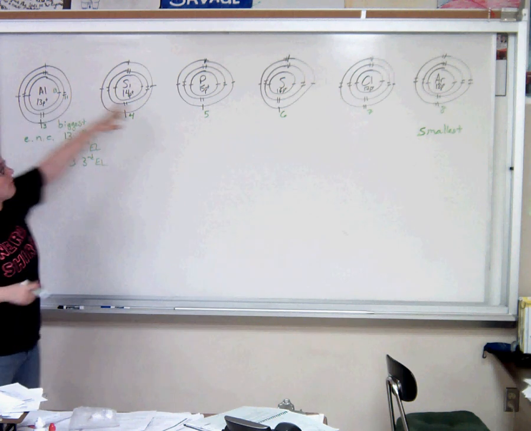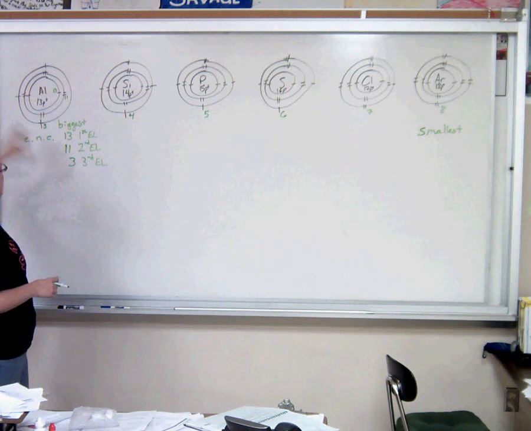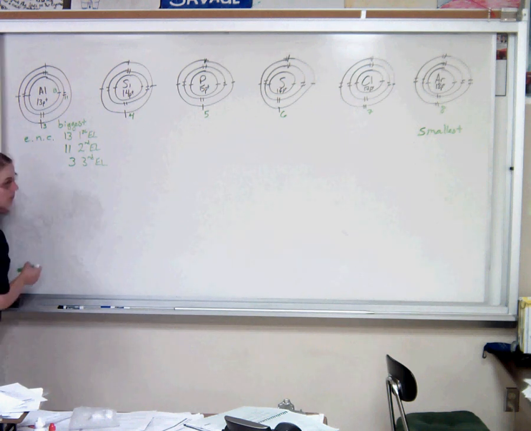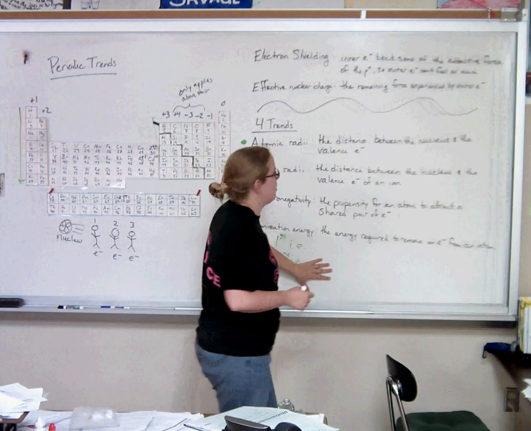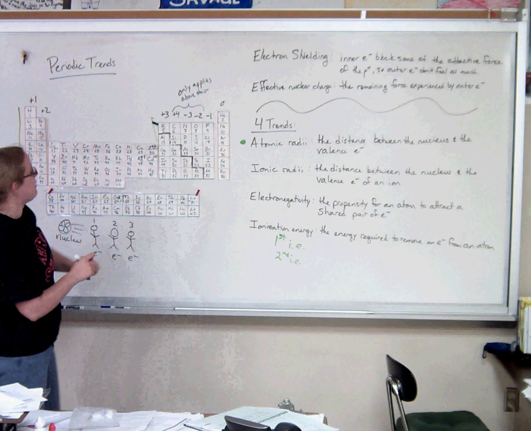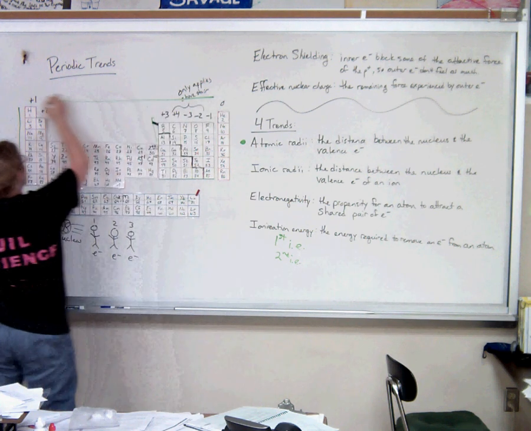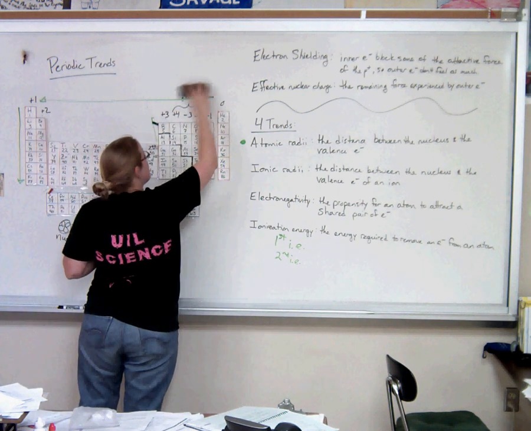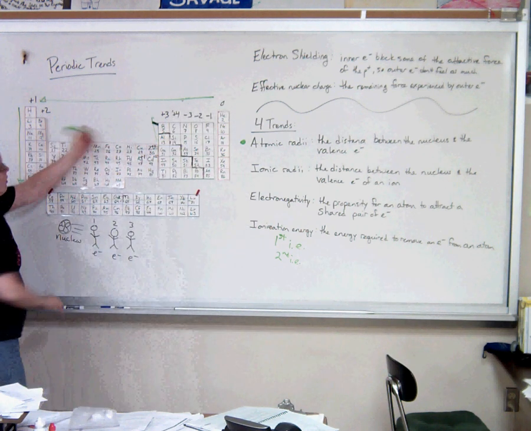Notice they all have the same number of energy levels, so that's not going to affect their size. The only thing affecting their size is their effective nuclear charge, meaning how well they can pull in those outermost electrons. So, to go back to our periodic table, the atomic radius increases as you go left on the periodic table. In fact, I'm going to go ahead and erase this. So use space for that. All right, so the bigger atoms are the ones on the left,